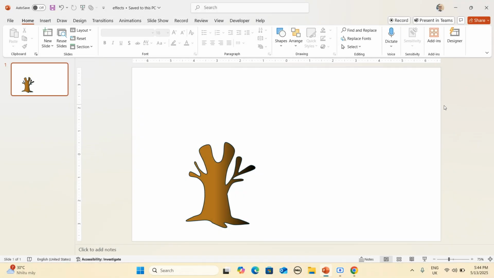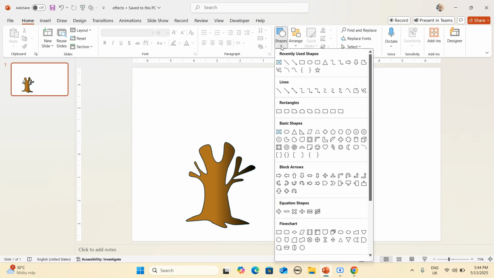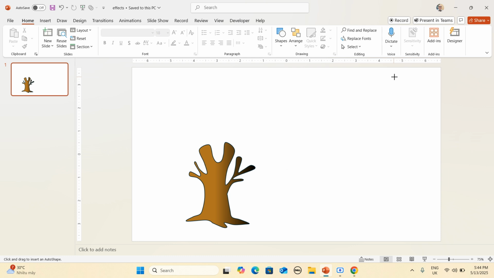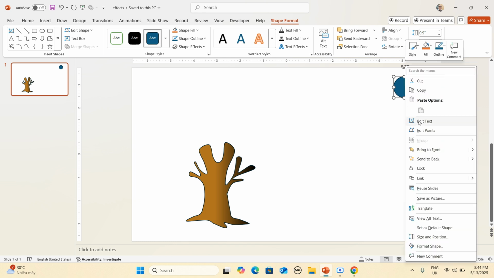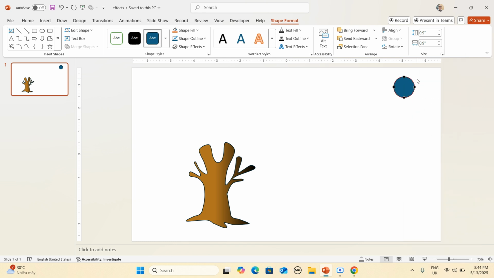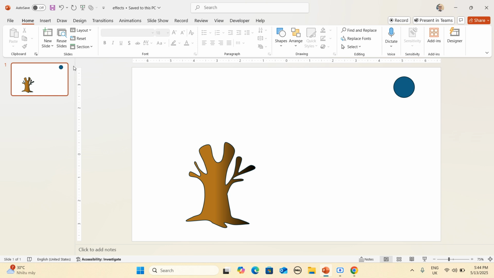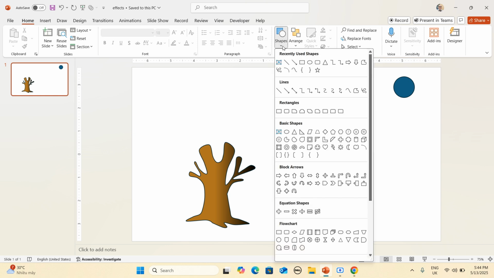Okay, so let's start where we left off from the last lesson. So we know where shapes are. We know how to draw them onto our slide. We know how to change their shape by right-clicking and going to Edit Points. And the last thing, we also learned how to make our own custom shapes using this curved line tool, like